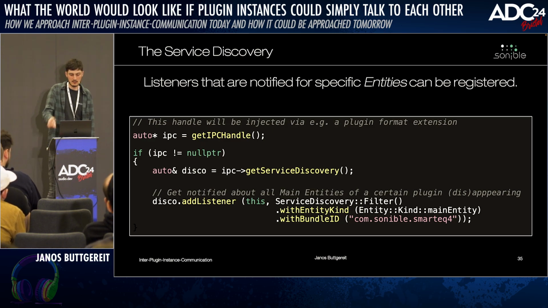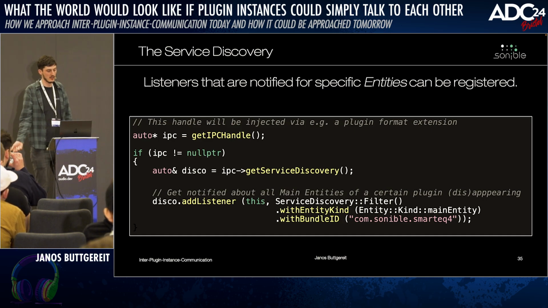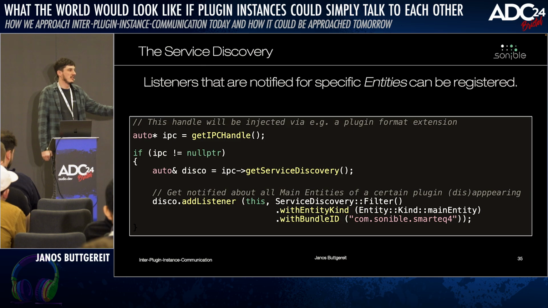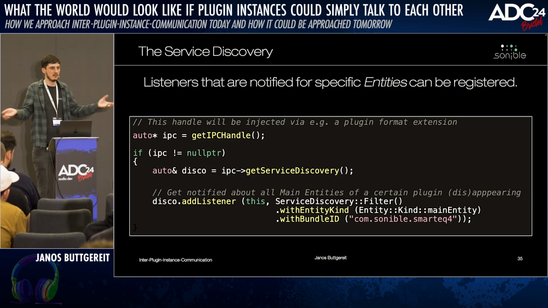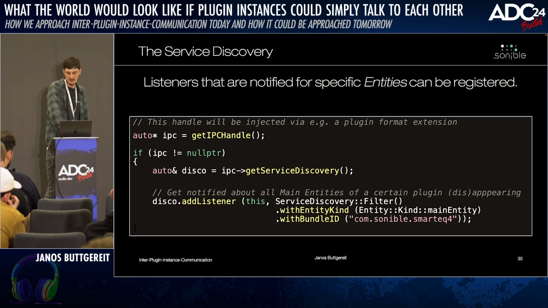And hey, service discovery, me as a plugin instance, I want to be notified whenever a main entity from Sonible smart:EQ 4 comes up. And then the host will say, okay, my service discovery will manage this for you. This would be great. So this only sketches very simple use cases, and does not model querying the entire processing graph. That would probably be a lot more complex.